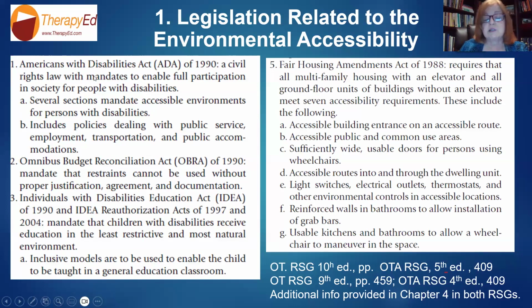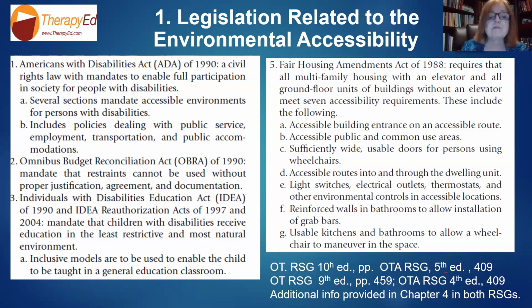Of course, the number one standard legislation is the ADA, which was passed in 1990, and that mandated full participation. And part of that mandate of the ADA included several sections that talked about accessible environments for persons with disabilities, that any kind of building that dealt with public service, employment, transportation, public accommodations had to be accessible. So that's where, and when we go through some of the key accessibility guidelines, those are a direct result of